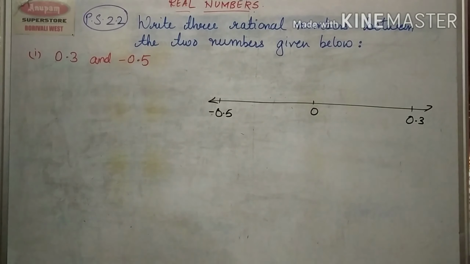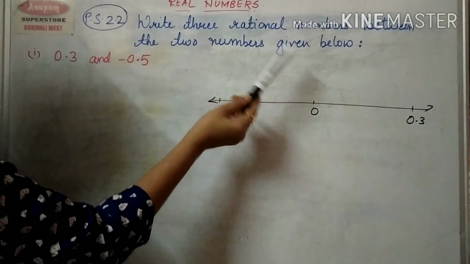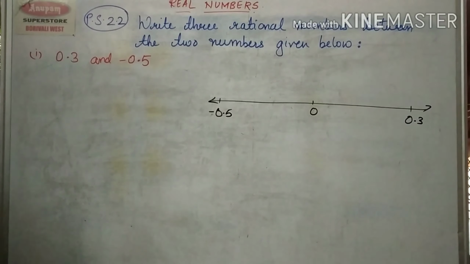Okay. The next thing that we are going to study is three rational numbers between any two numbers given below. So first thing that we need to remember is, children, whenever they give you any two numbers and they ask you to find out any 3, 4 or any numbers between those two numbers, you should know that there are infinite rational numbers that we can write down. There are many possibilities. Okay, but right now when we are supposed to solve this, how are we going to do that?